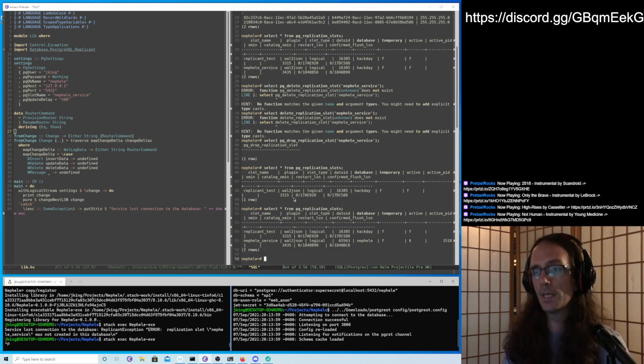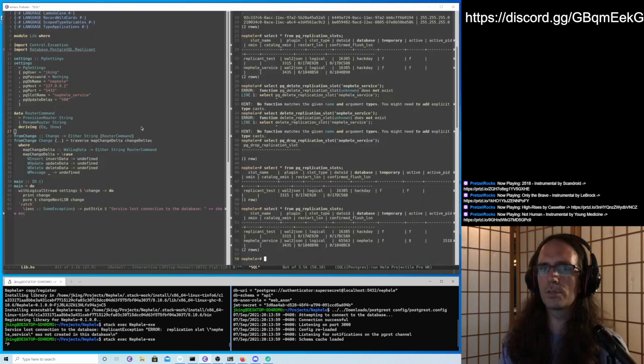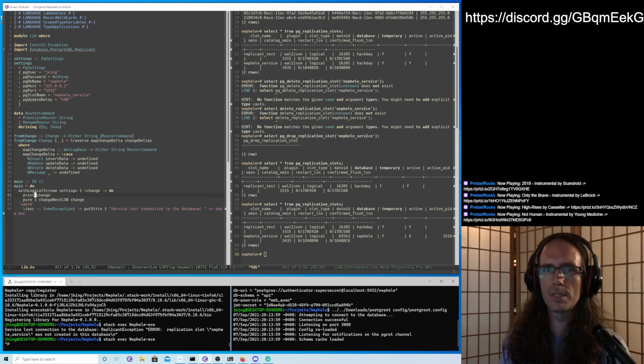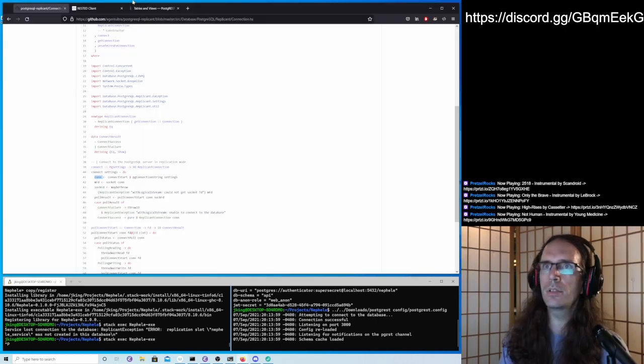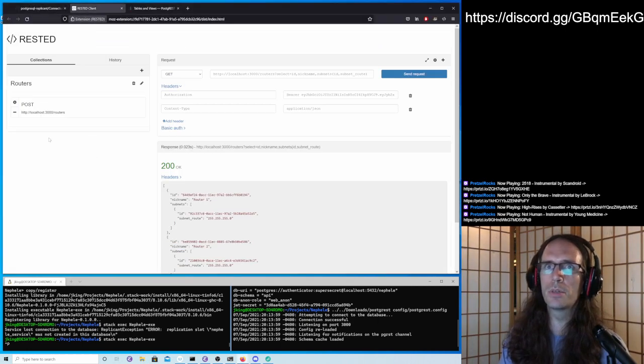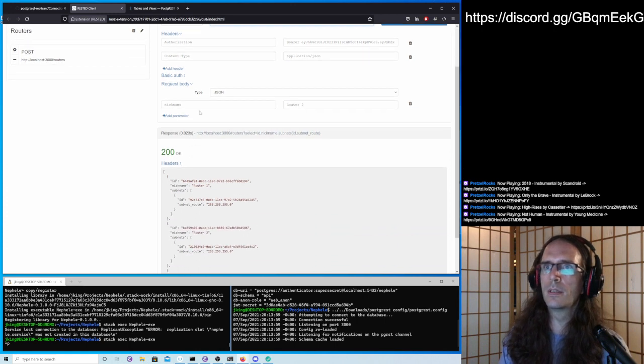Awesome. So now, the way we got the program set up, this will just print out the change and return the next LSN as we need to do with that callback. So now if I do that post here from this collection again to create a new router, a post to localhost routers, the nickname, we'll call it router woohoo.